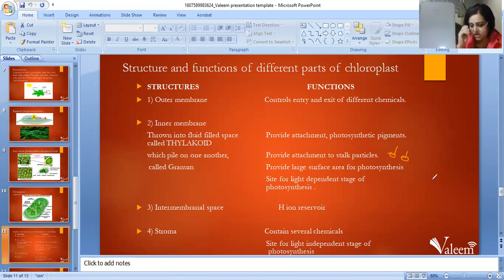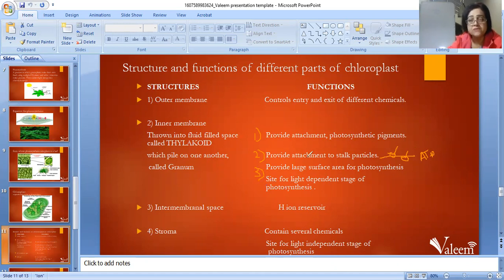So, second function of inner membrane. First function, they give attachment to photosynthetic pigment. Let me write down, this is the first function of inner membrane. This is the second function. They provide attachment to stalk particles which help in synthesis of ATP. And what is their function? They help in ATP formation. Now coming to the third function, because I said these are folded membranes, when I unfolded my paper, I